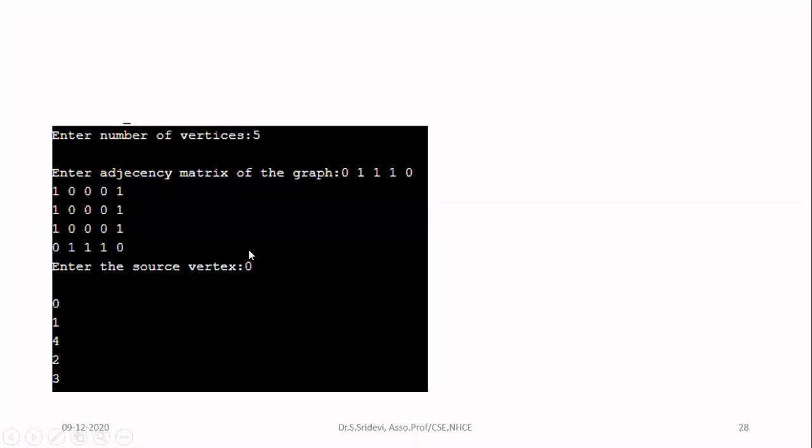Since we are implementing in a C program, if you type the number of vertices as 5, you will be getting your outputs from 0 to 4 only. So you can give any number from 0 to n minus 1. So I am giving 0 as a source vertex. Now it is giving me the output. The meaning of this output is that node 0 is visited first. After that, node 1 is visited, then node 4 is visited, and so on. It will simply display in which order the nodes have been visited. You will not get which is the neighbor of which from this particular output. You will know in which order the nodes have been visited. So with this, I'm stopping today's class.